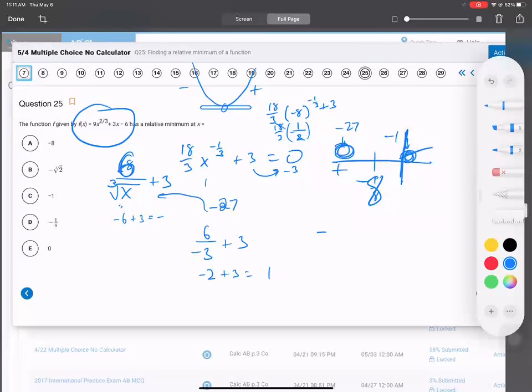If I plug in negative 9, though, let me try this on the calculator real quick just to make sure I'm not too off. If I plug in negative 9, what's 6 divided by the cube root of negative 9? And that's going to be super negative. Shoot. Sorry, I'm